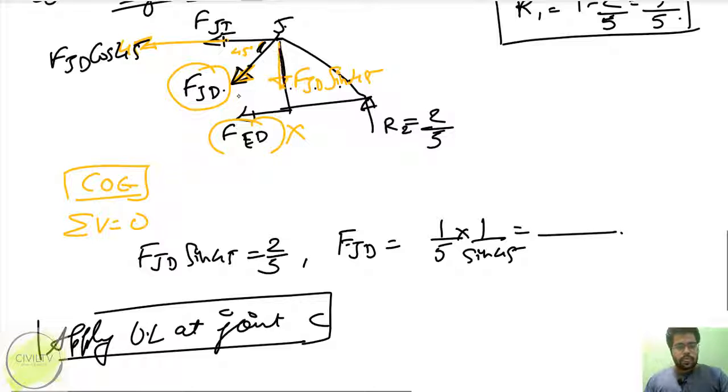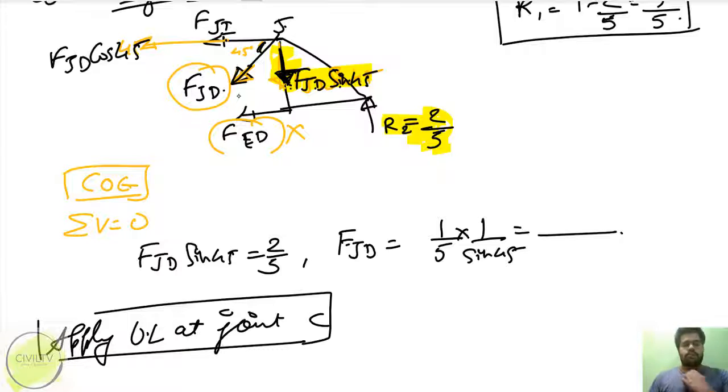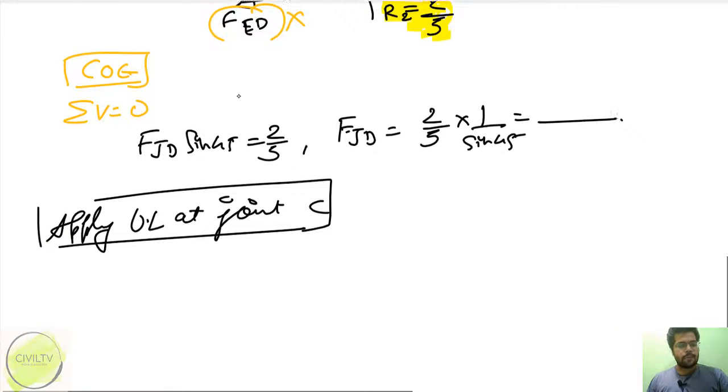FJD ये नीचे जा रहा है, और ये मेरा R2। जो मैंने हाईलाइट किया है, सिर्फ यही दोनों फोर्सेस वर्टिकली जा रहे हैं। FJD sin 45 एंड R2 that is 2/5। तो I will get a value 2/5 into 1/sin 45 equals to, जो भी मेरा वैल्यू आएगा वो आंसर रहेगा मेरा।